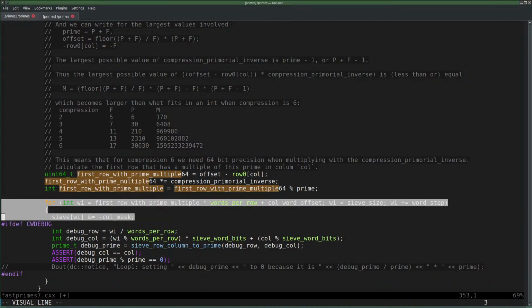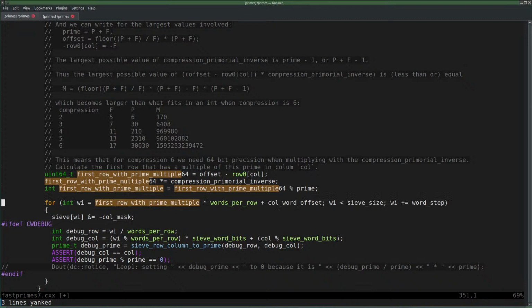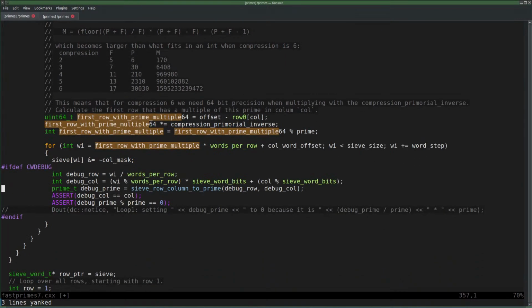To have this loop. That's just the same thing, right? In sieve. Should be the same,